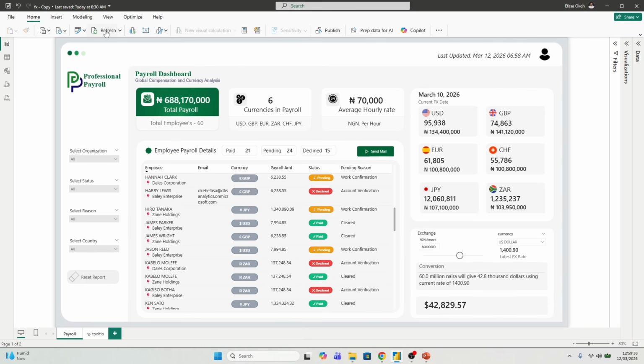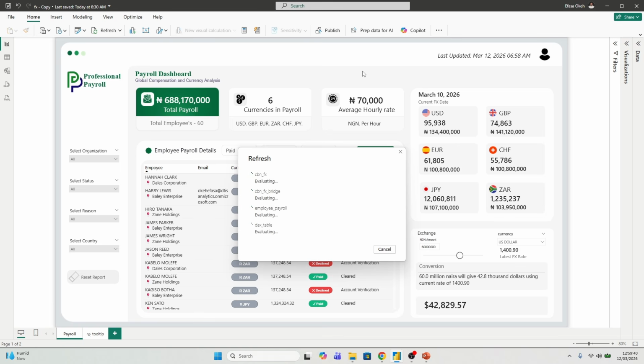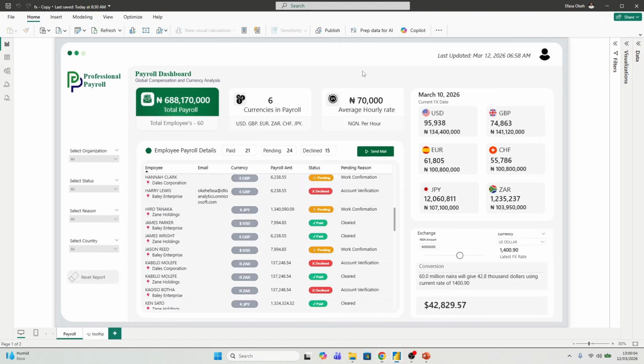Just going to hit the refresh button and see what happens, right? So I expect the entire data to refresh. The rate is also going to refresh and it's going to pick the latest exchange rate, right? Let's see what happens. Okay. Once the refresh is successful, I expect the rate to then change to March 11, and you can actually